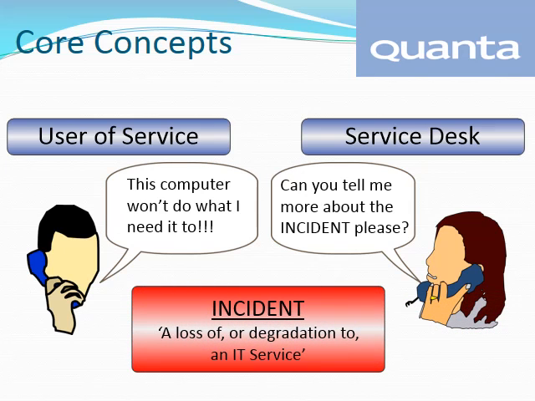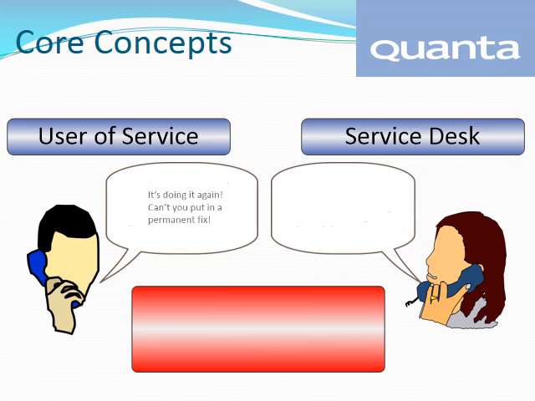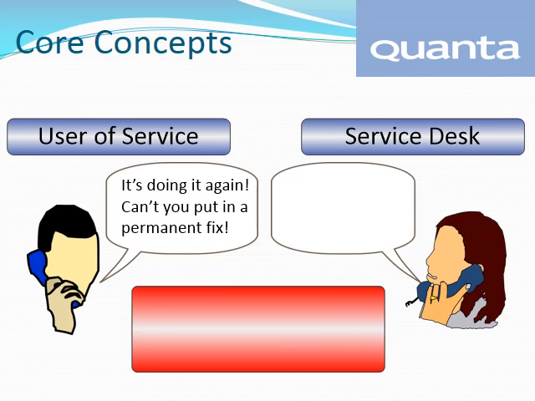So we've got a user of the service that's got a computer that won't do what they need it to do. So we don't know what that is at the moment. And so the service desk is saying, can you give me some more information about that, please, so that they can log the incident. When we've got a user that's got a computer that won't do what they need it to do, then they've got a loss of or a degradation to an IT service. And so quite rightly, the service desk is going to say, I can't answer your question from that very limited information. On the other hand, hopefully, if that's fixed, then the user will go away and be able to be